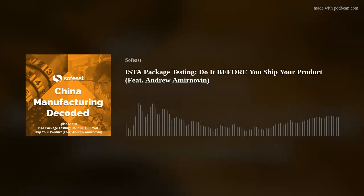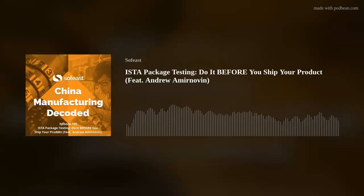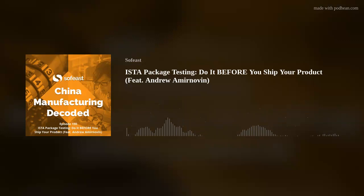Good point. Well, I would say it means peace of mind. It means that your packages, the carton, the material on the carton, and the strength of your carton is strong enough that you should technically have no issues with package shipment, all the way from manufacturing to destination. Now, a little disclaimer: there's always the possibility of humans in the middle handling the packages who could actually damage them, and some unintended situations, for example, the package could get wet on the bottom while lying on the ground, and then when you pick it up, it could just fall apart. That really has nothing to do with the fact that the package was tested. So there's a lot of